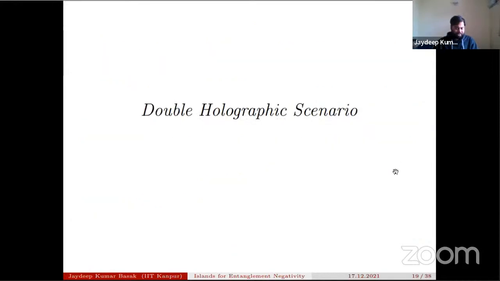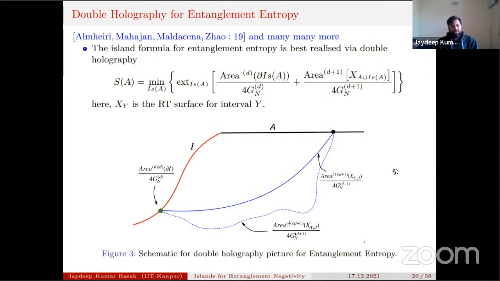Now, I will try to sketch some of the double holographic scenario for this proposal. First, I will try to explain some double holography for entanglement entropy, which is proposed in this paper. But yes, we can have many more names here as well. So, the key point of this proposal is that the island formula for entanglement entropy can be written as the sum